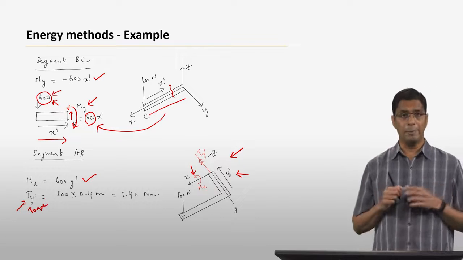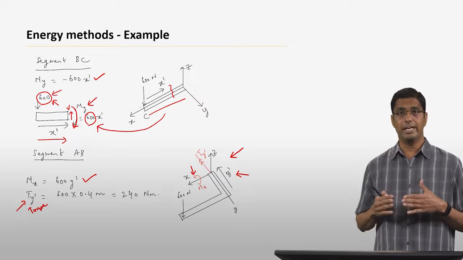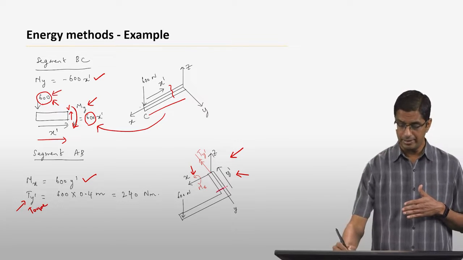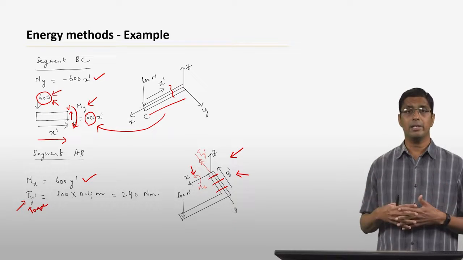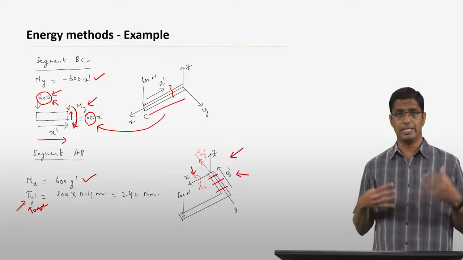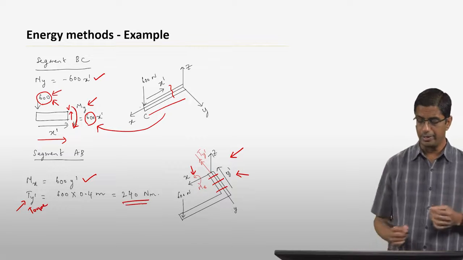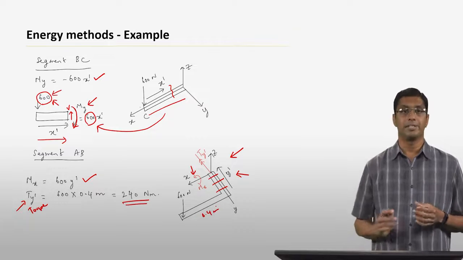So that T_y', if you calculate what it is going to be, is constant irrespective of the coordinate y'. So at any section here or here or here, irrespective of what y' is, the torque applied by the 600 Newton force is going to be a constant. And that is going to be 240 Newton meters because it's 600 times 0.4 meters, which is the length of